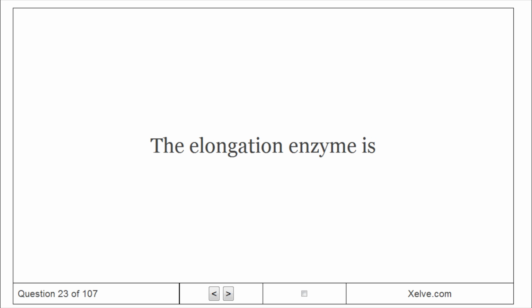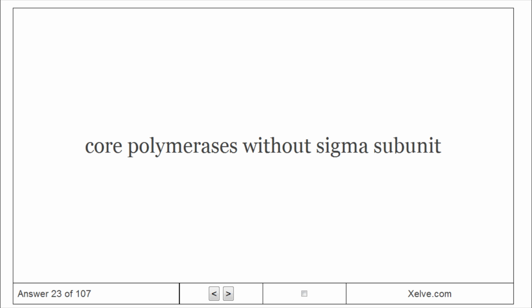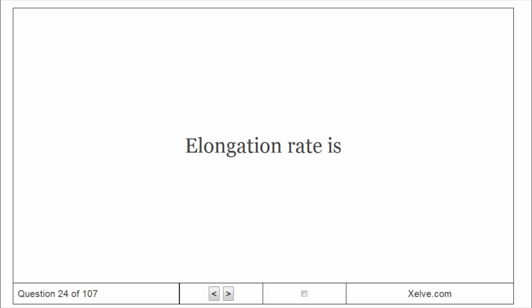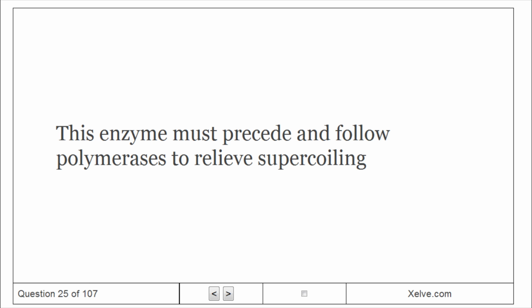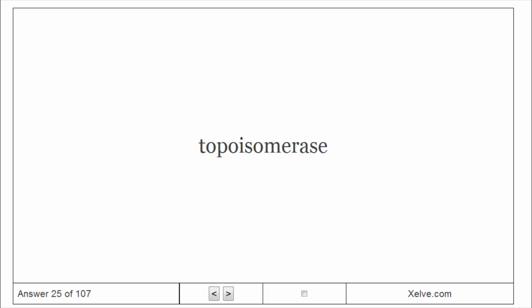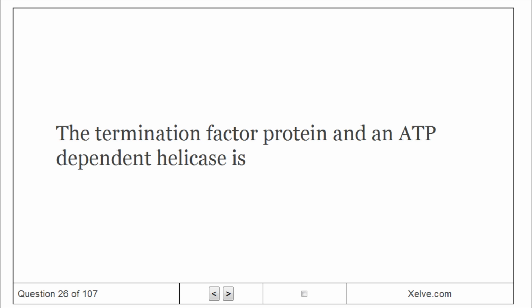The elongation enzyme is core polymerase without sigma subunit. Elongation rate is 50 base pairs per second, slower in GC-rich regions. This enzyme must precede and follow polymerases to relieve supercoiling. Topoisomerase. The termination factor protein and an ATP-dependent helicase is